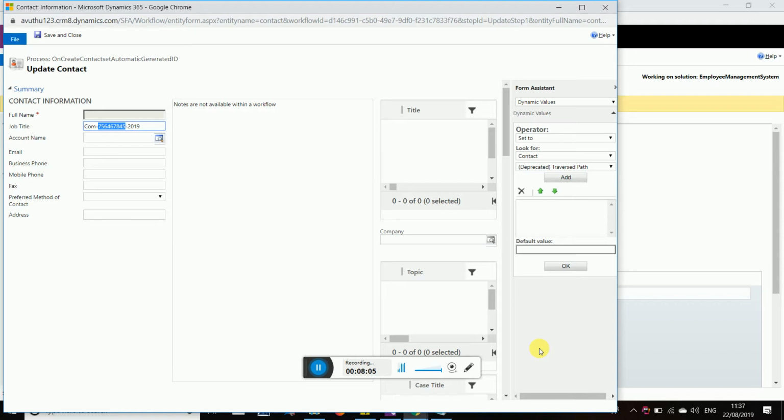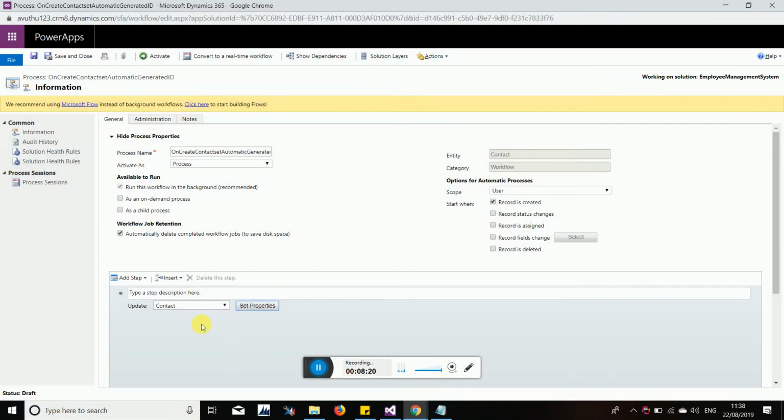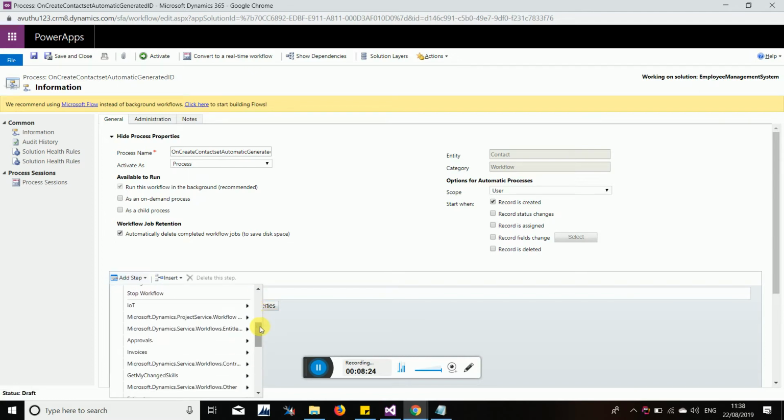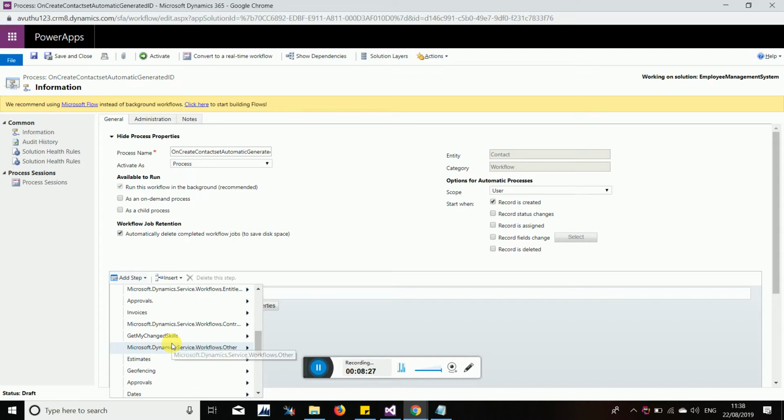There is a way one program can communicate with your existing workflow, that is, a custom workflow. Because here, in the add step, we can add external libraries. What we are going to do is create one external library and register it here, so it will be visible here, and we can generate the ID in that library.